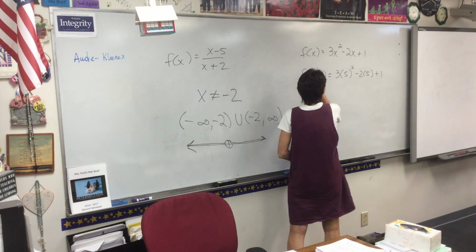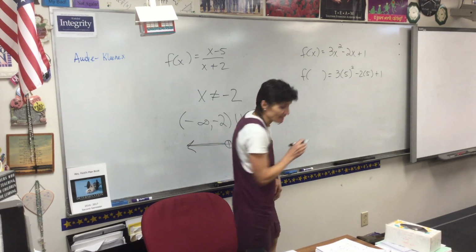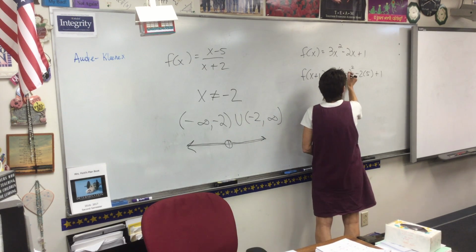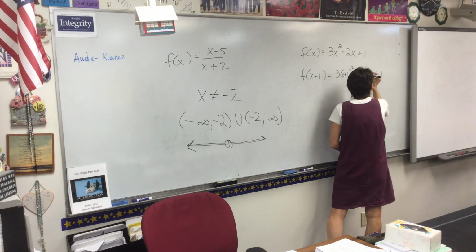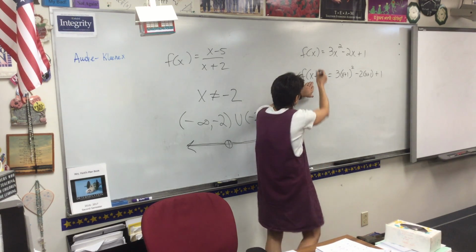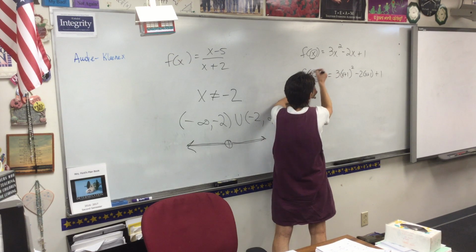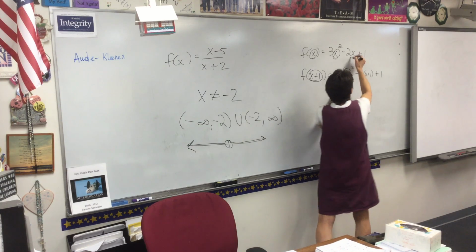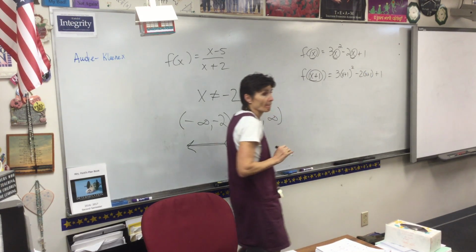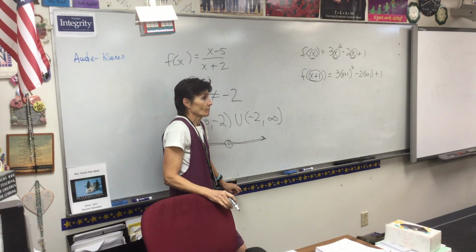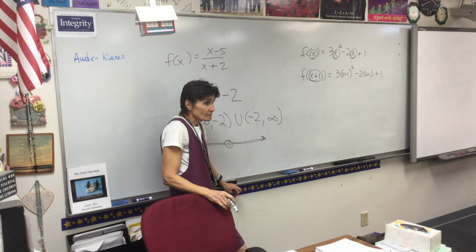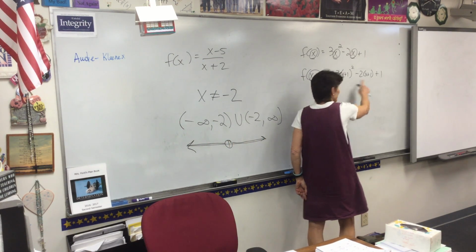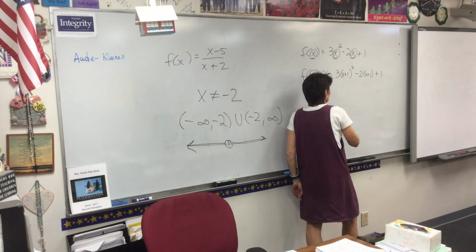Well, what if this isn't a 5? What if it's an x plus 1? You do the same thing. So no 5s, they're x plus 1s instead. So every time you see an x, plug x plus 1 in its place. So you're going to put x plus 1 here and x plus 1 here. Right? Now, let's FOIL, because I guarantee this is not going to be written there as an answer. You got to simplify it.